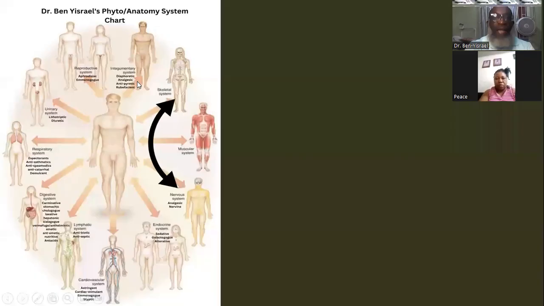Going through this entire chart, we are here looking at the integumentary system. We're going to be leaving the integumentary system and we're going to be looking at